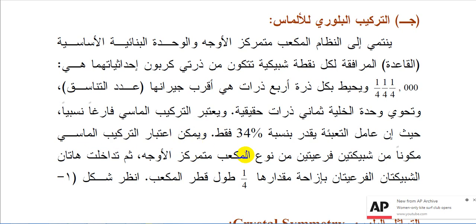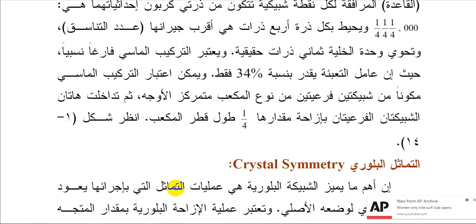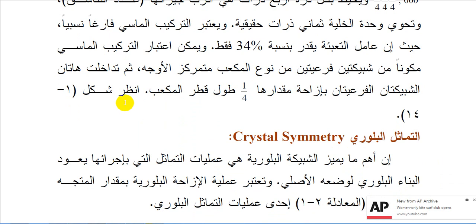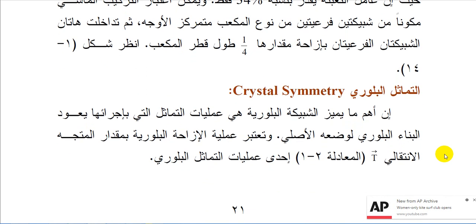We can take the diamond crystal structure as consisting of only two lattices of the face-centered cubic type. They intersect each other and are displaced with respect to each other, as you can see right in front of you, by a fraction of the length of the cubic diagonal. You can review figure 1.14.